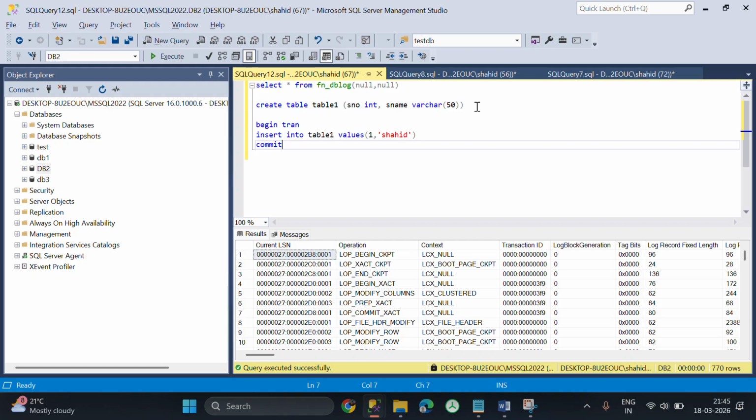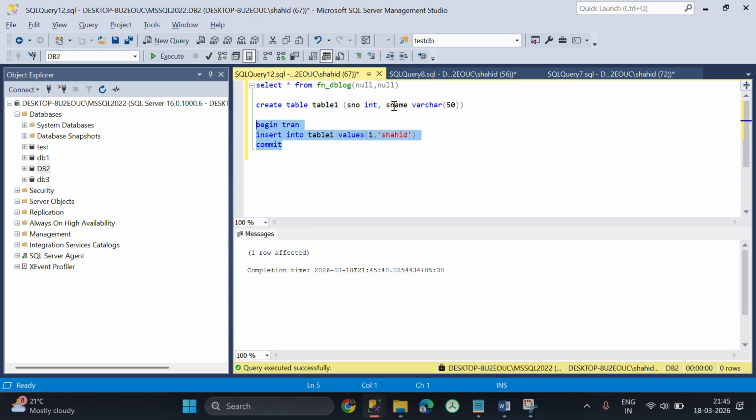Whenever some user is creating a table, that I am the user, I am creating this table, then in GAM, in the extent, the table object has to reserve the space on the page, right? It is doing some internal operations, so that's the reason it was showing here 40 rows like that. After that onwards, if I execute, see here query, you'll be seeing